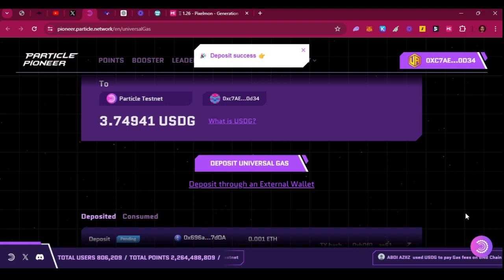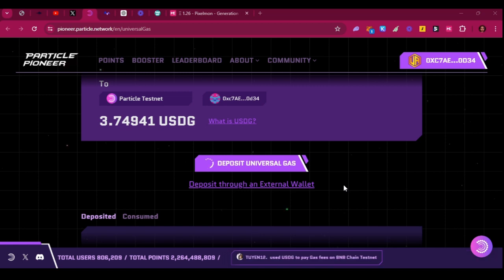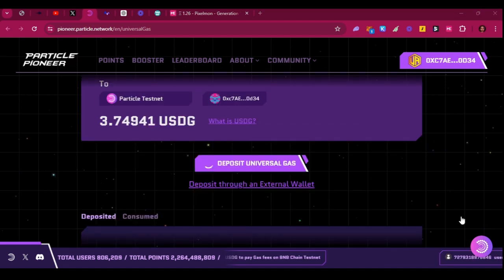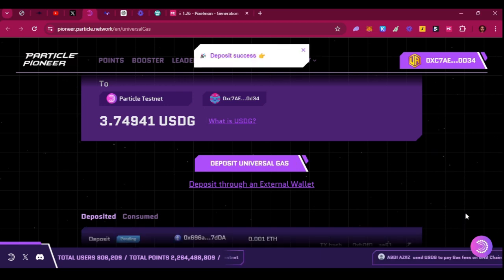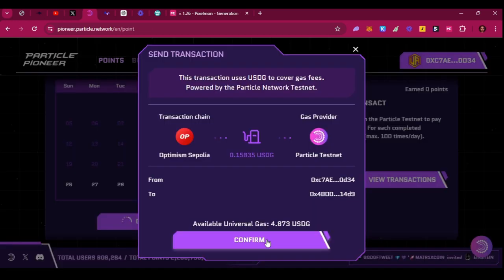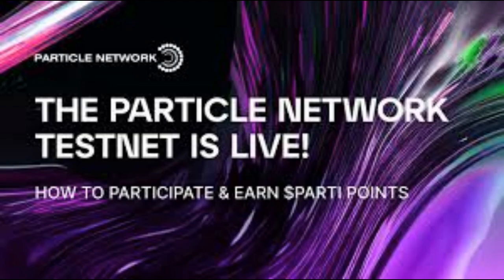and that is it. You would have earned more points. You have earned a point already, and to earn more points, you can go ahead and do as many transactions as you can. Get more free faucets from alchemy.com and do more swapping, get more points, perform more deposits, invite your friends to get more points, do daily check-ins as you can see on the screen, and all the tasks in front of the screen here. Once you do all of those tasks, you gain points, and this is how you can gain points on the Particle testnets. Make sure you participate in